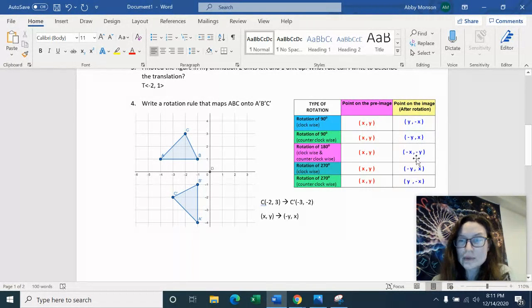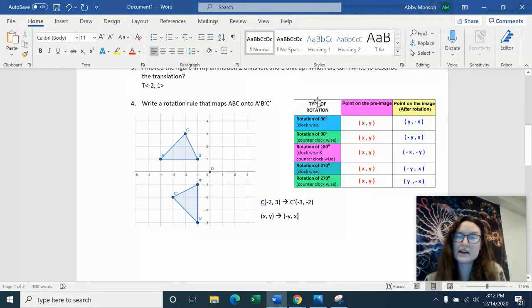Now when finding out how to write the rule, this is where a chart or your notes can come in handy. I would always use a chart for this, unless you're really good at turning the plane in your head, which I am not. So I'm going to look for the rule that matches this one, (x, y) to (-y, x). And here it is. I only did counterclockwise for this, so we're not going to count the clockwise. So this is a counterclockwise rotation